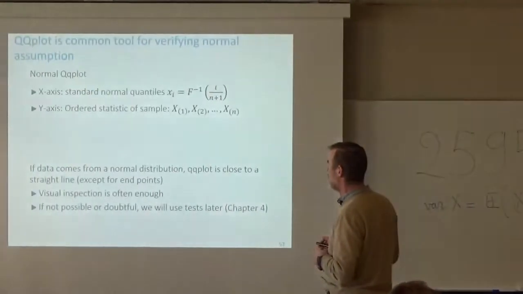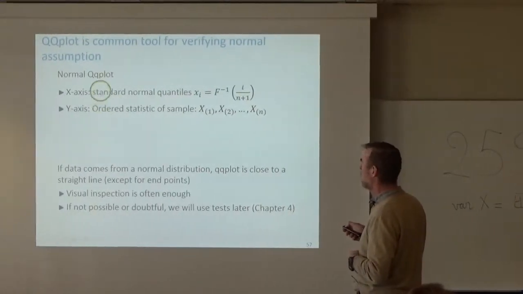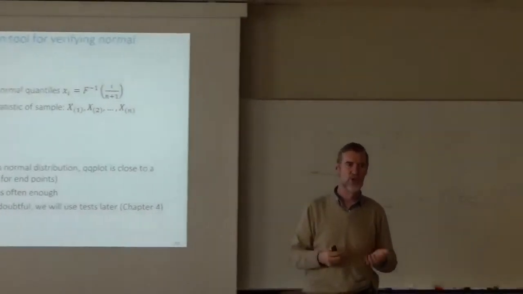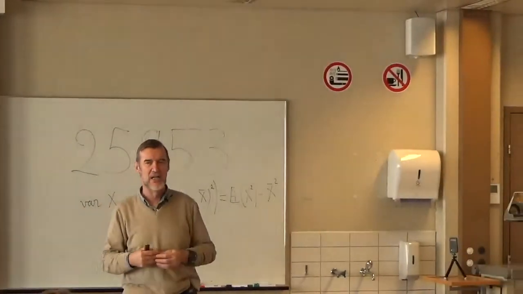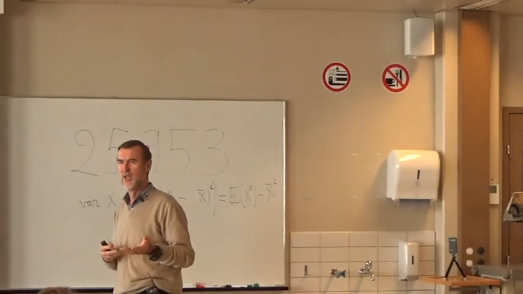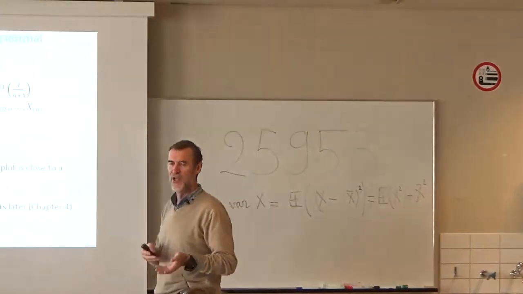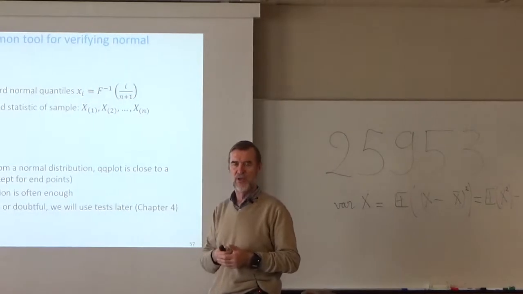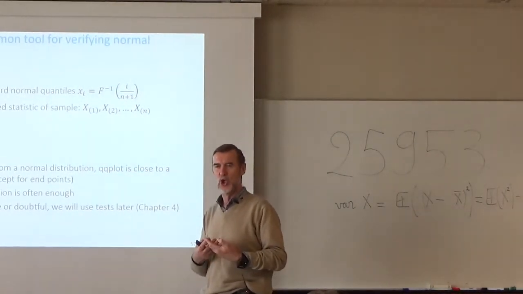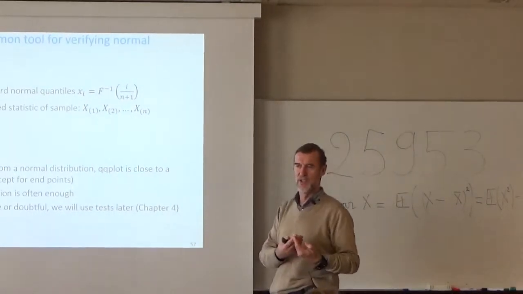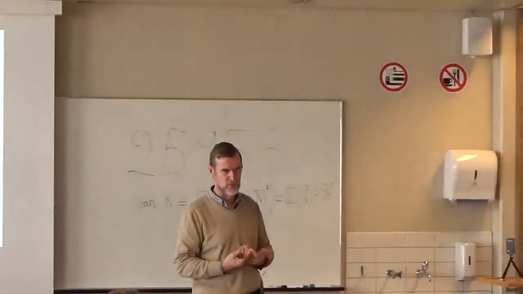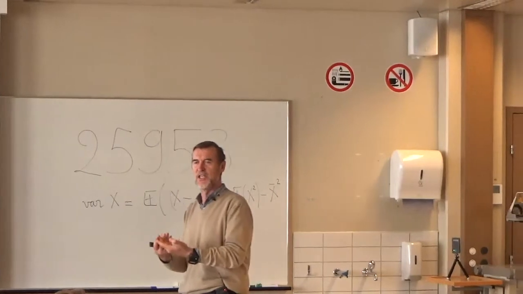So what is a QQ plot? A QQ plot is a plot that is used to see whether two distributions are the same. Or more exactly, whether two distributions differ by a linear change of scale. In practice, we use it very often, but not only, with what we call a normal QQ plot. So one of the distributions is the standard normal, equals standard Gaussian distribution, and another one is the distribution we